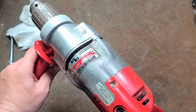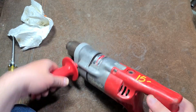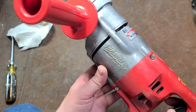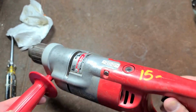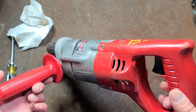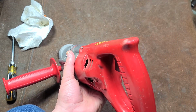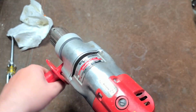And I actually really like this drill, this 4.5 amp 600 RPM unit. There's just so much mass in the motor and so much ability to sink away heat with the aluminum housing, and it has a ton of airflow, 360-degree venting. I could probably use this on a construction site and drill dozens and dozens of those 2 9/16 holes, and it would probably get pretty hot towards the end of several hours of use, but it would actually take it and absorb it, and that's one of the things that makes these old